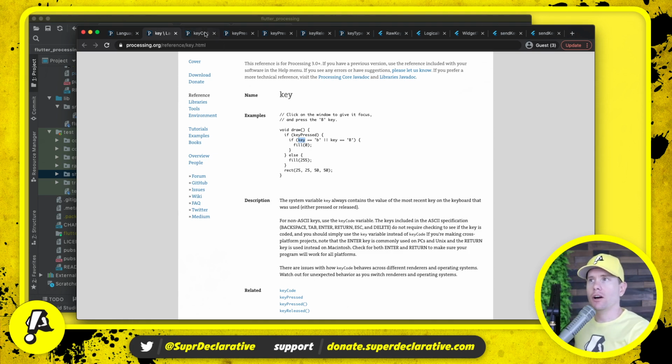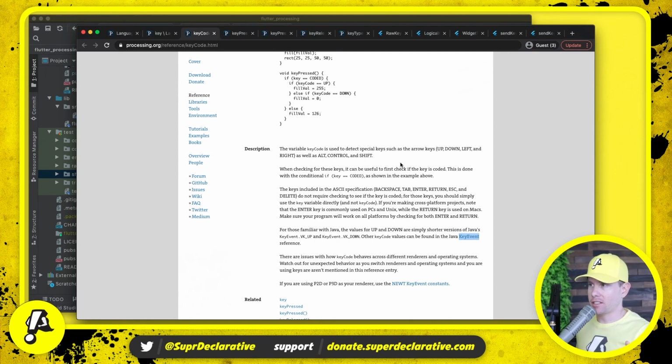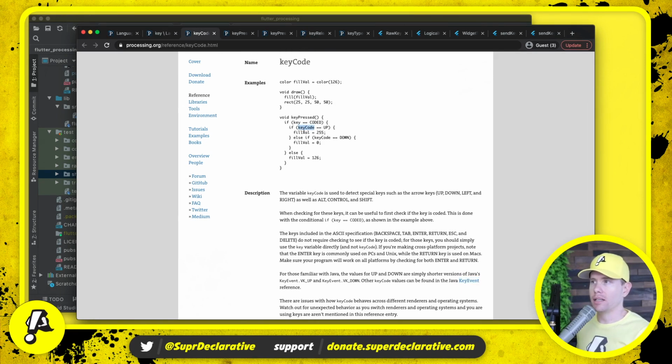But then there's keyCode. There are other keys which are not ASCII keys that are reported in keyCode, such as up and down. I don't think that we're going to draw this distinction. I think the reason that two different properties are used in Processing probably has something to do with how Java